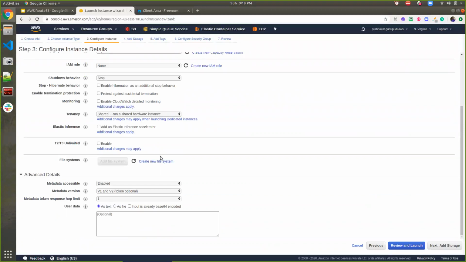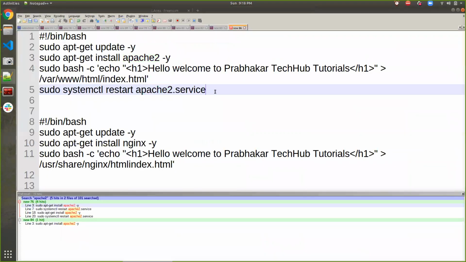Here, I need to create an EC2 instance, access it, install the Apache server, and configure the default web page for that. It's time consuming, and there are a lot of steps involved. So instead of doing that, you can run the following set of commands.